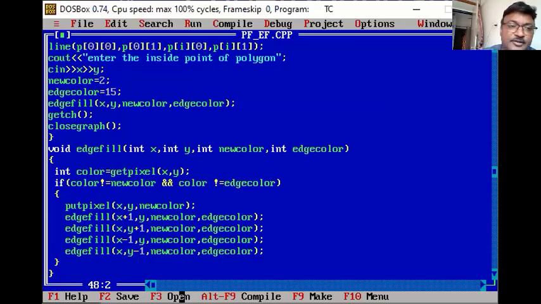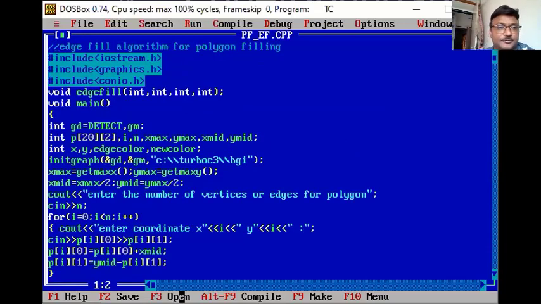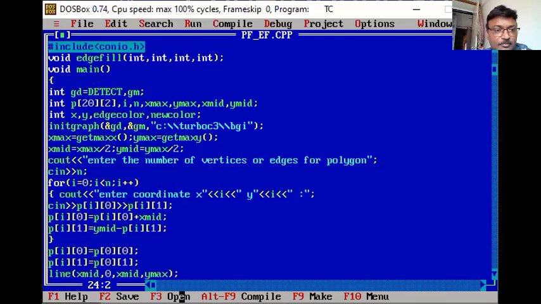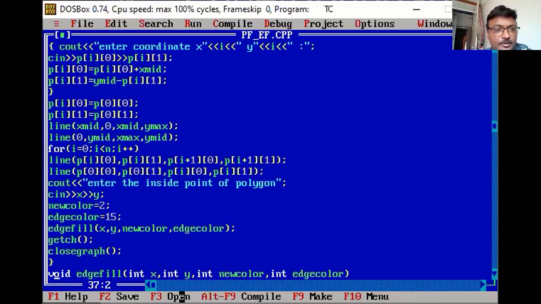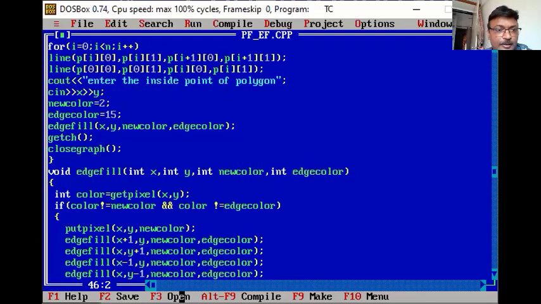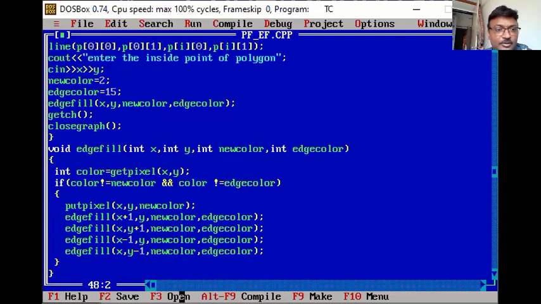So check once again whether your program is correct or not, line by line. Let's start with the main function. Color, new color, initgraph, x min, y min, that's my new region. And then I have considered x min, y min, x max, y max, inside point, new color. Once you have verified it, hfill and then color.